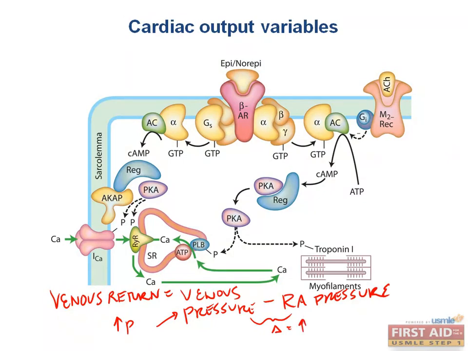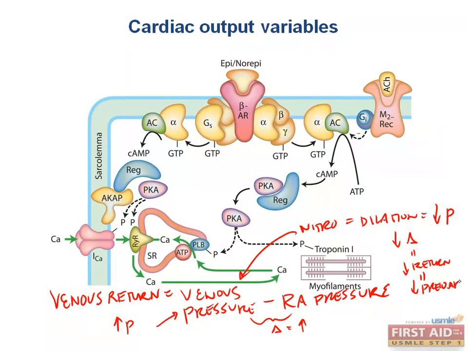On the other hand, if I were to give you some nitroglycerin, the veins would dilate. So I give you nitroglycerin, and this causes dilation of the veins, and this means you have a decrease in pressure, and that decreases the difference between the venous pressure and the right atrial pressure. That means we have decreased return, and therefore a decrease in preload, and that is the basis of giving someone nitroglycerin that's having angina. By decreasing the venous pressure, we decrease the return to the right side of the heart,